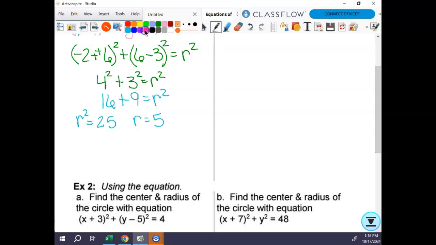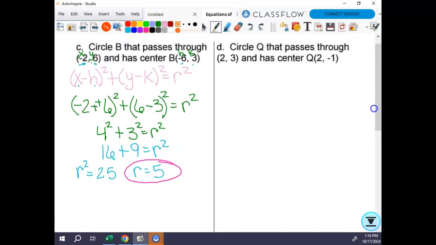So now I have the radius, and I have the center. My suggestion would be that we then mark this out. And you're going to be doing an online test. I don't know that you can literally mark that out, but you probably had it written down. I would write down somewhere, or just make sure you're using the h and the k for the actual center. So using those two pieces and putting it in here,